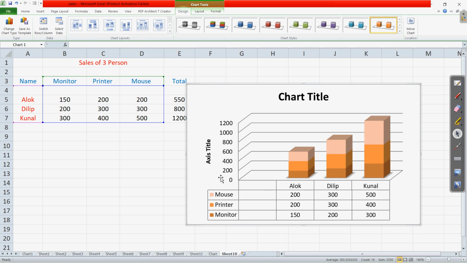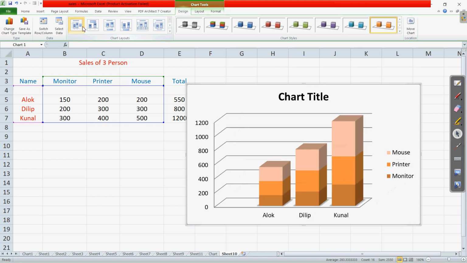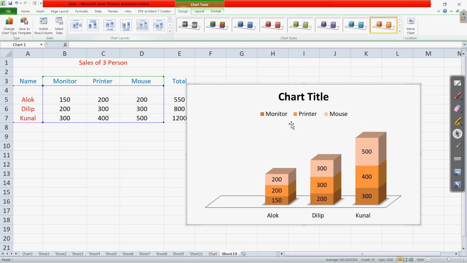Right now, as our table is small, that's why it has been included. Otherwise, if it had been a larger table, then that could not be accommodated in a single chart. Clear? This way we can choose any of these layouts from here. You can see the values are also now written on this.